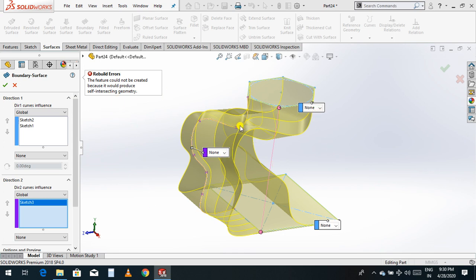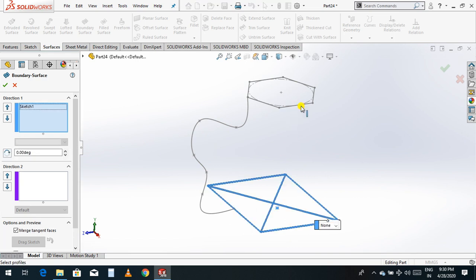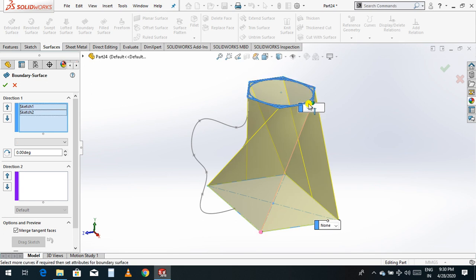I think somewhere it is intersecting. So now just go to surface again, boundary surface. Select this plane and this plane. Now just rotate this.